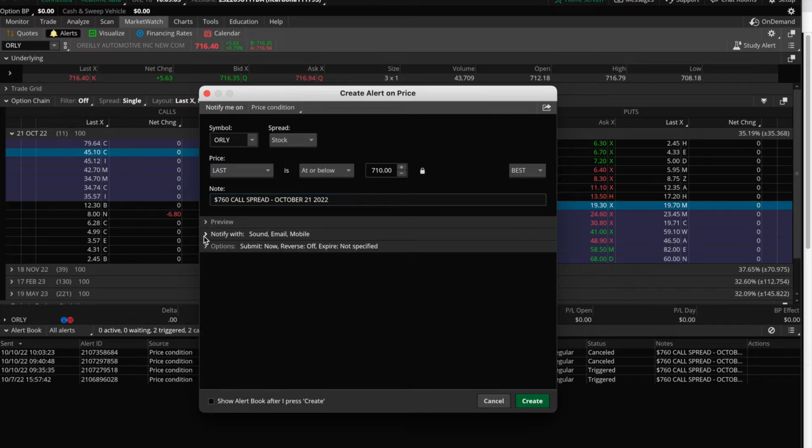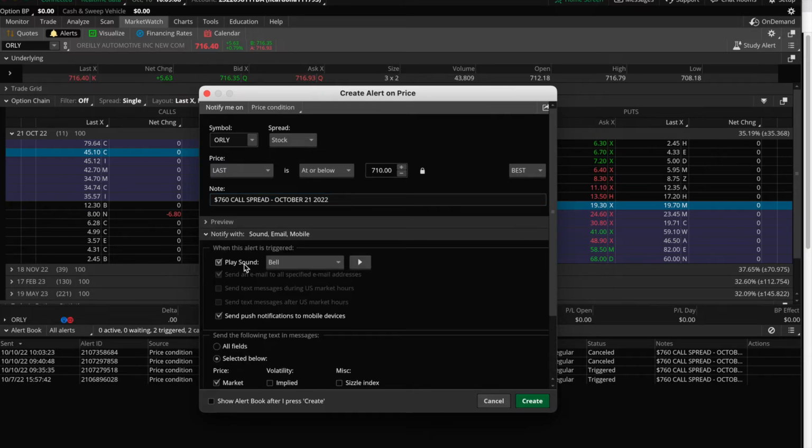Now that we have this inputted here, we're going to scroll down quickly, and the preview is not too important. Notify. I have two notifications set. Play sound, so it'll just trigger a little sound here on my application, and then I have send push